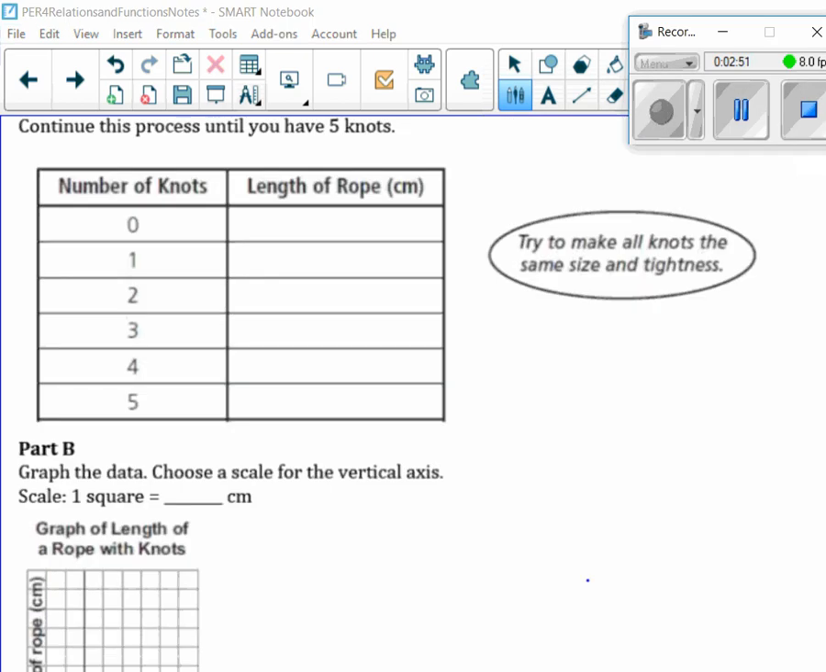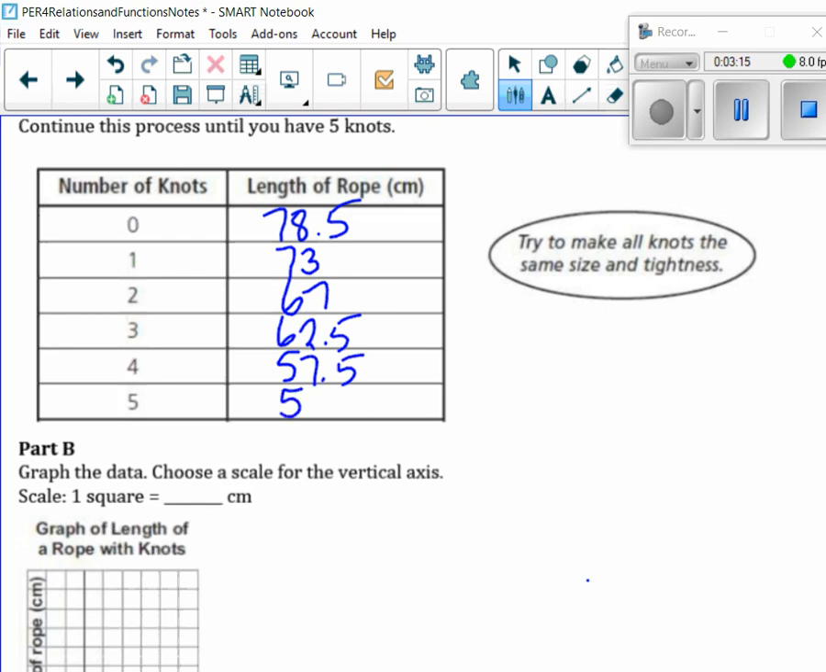So who would like to be the... No, just tell me out loud. For 0, what did you get? 78.5, okay. 73, 67, 62.5, 57.5, and 52. So now I look at my data, and I need to have basically a range of around